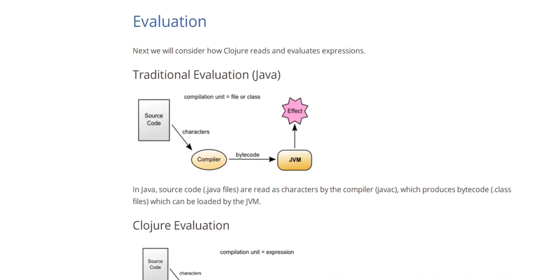Okay, we are talking about Clojure syntax, and we will talk a bit more about evaluation. Next, we will consider how Clojure reads and evaluates expressions, and this is an example. This is the traditional evaluation in Java, and in Java the source code or .java files are read as characters